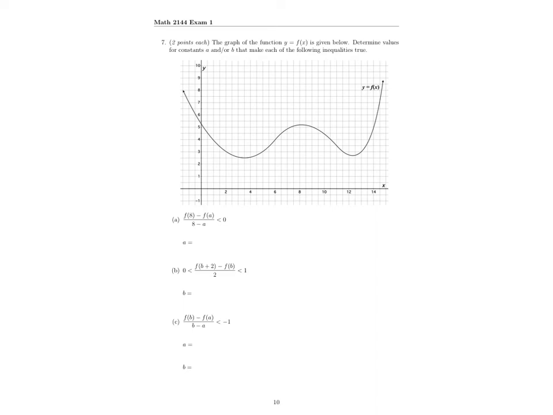On this one, I have a graph of f. So I want to find the values that make each of the following true. Okay, (f(8) minus f(a)) over (8 minus a). Let's go here to 8. So if I want that to be less than 0,